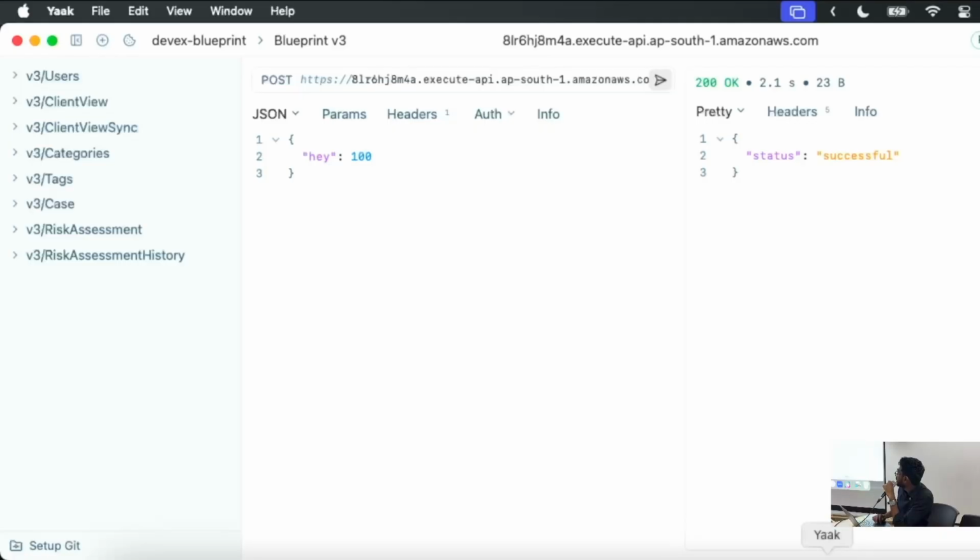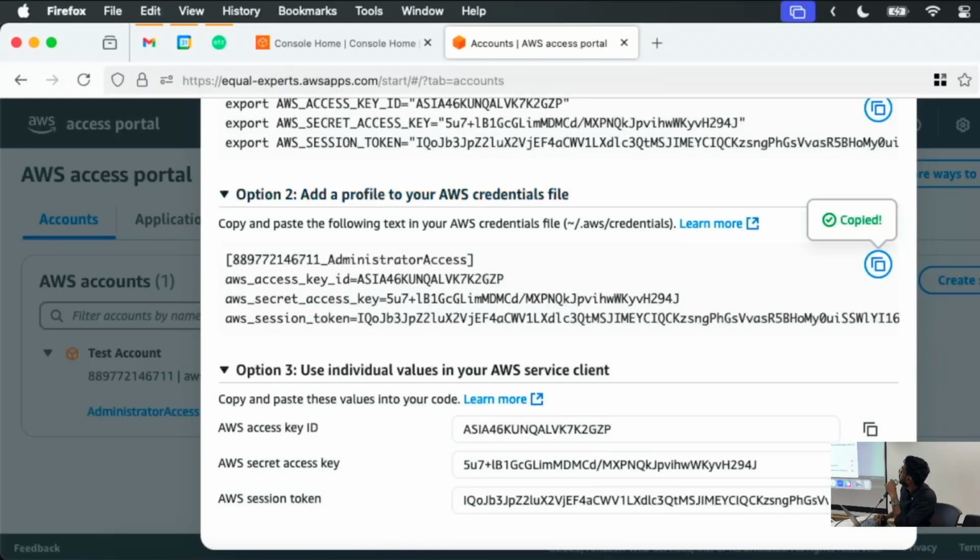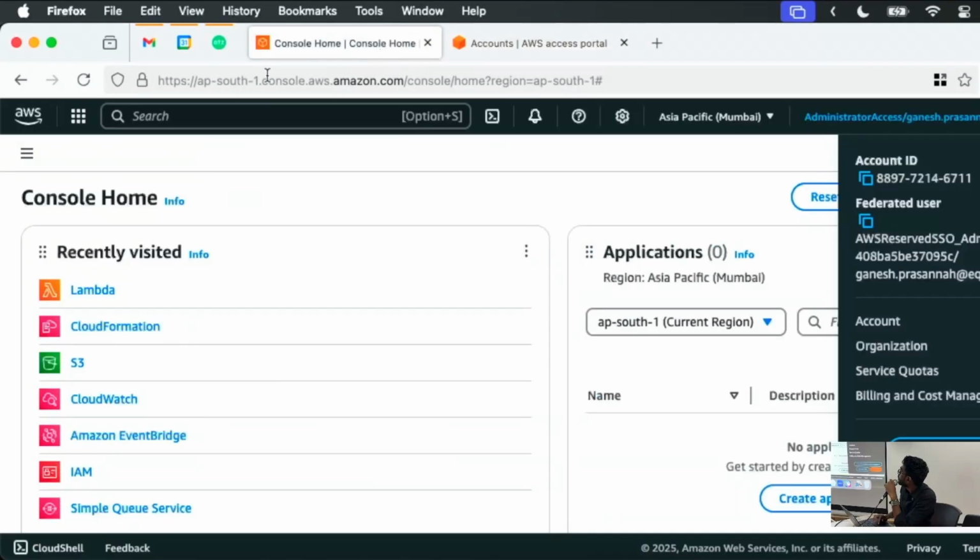Now I'm sending a request again. Done. If you see this, you can see my change happening already. Now, some of you could say, hey, what if all of this is just running locally? Because it looks pretty fast. It doesn't look like it went to AWS, right? I'll quickly verify this for you.